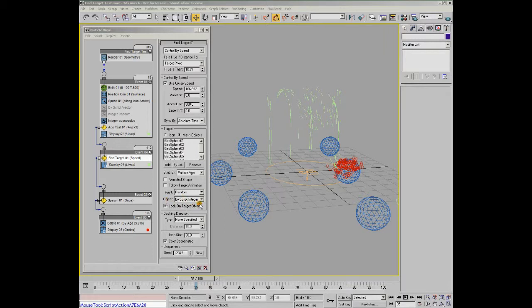So let's have a look at what the object flyout gives us the choice of. We have a number of options here, as you can see, and we'll run from the top to the bottom, which will give us a good idea of what's going on. We've got the random option, and with this option the operator will simply pick one of the listed meshes at random for each particle as it enters the event. So you can see we've got all these meshes picked here, which are these geospheres here, and as